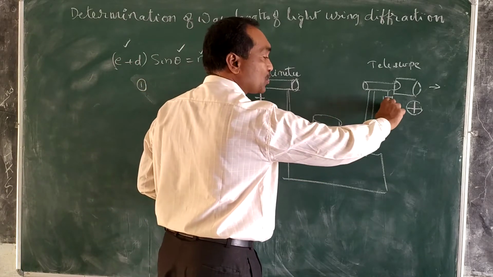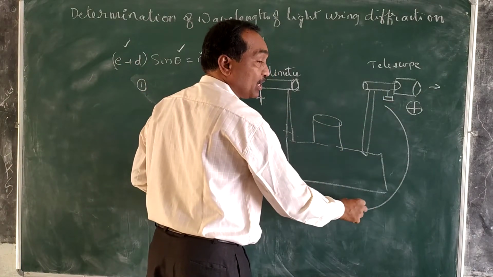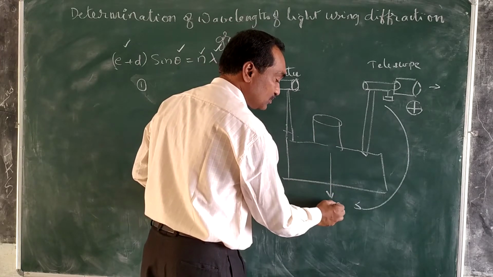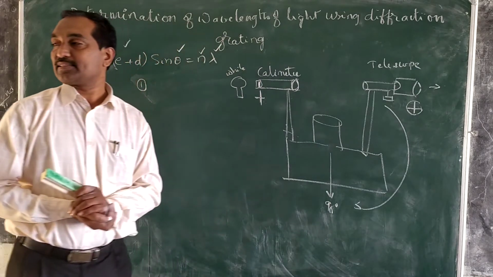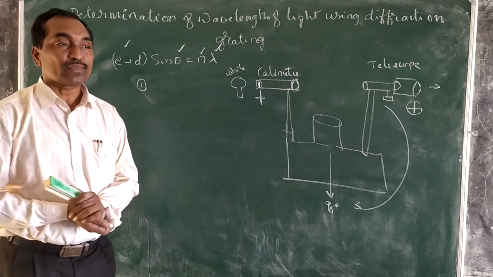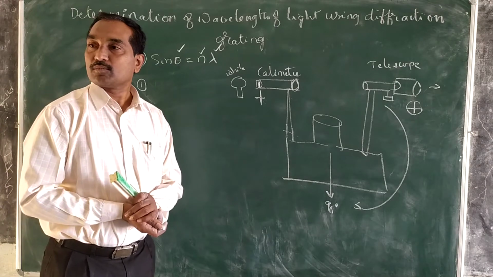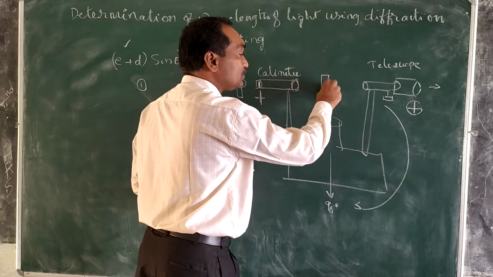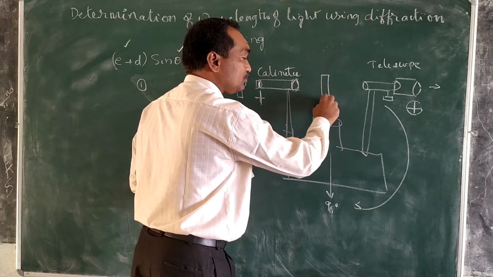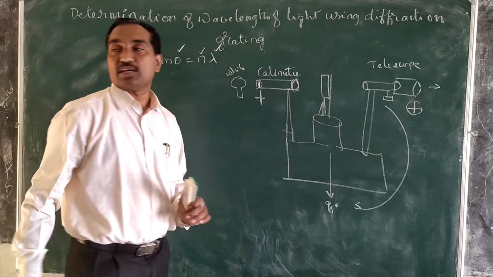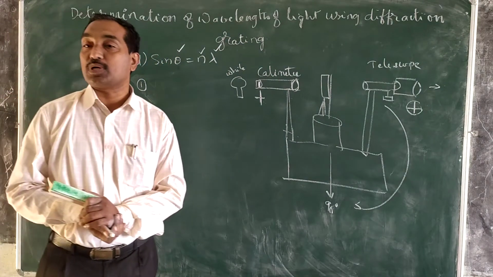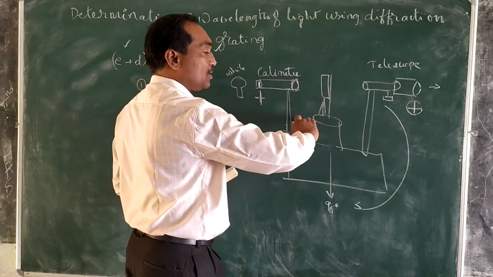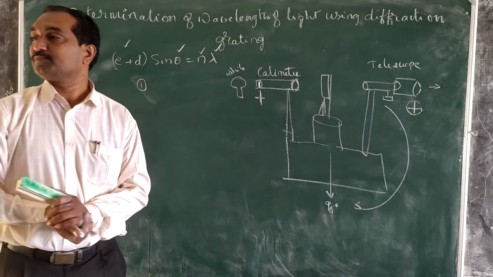this telescope will rotate at the angle of 90 degrees. Then we have to place the diffraction grating on the grating spectrometer table, that is also called the prism table. Its surface is normal to the plane of the prism table.